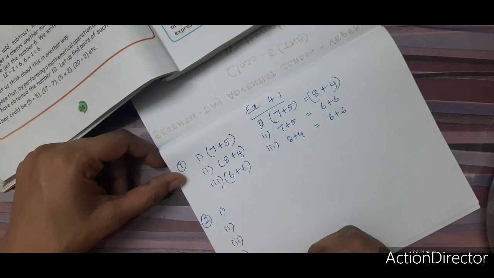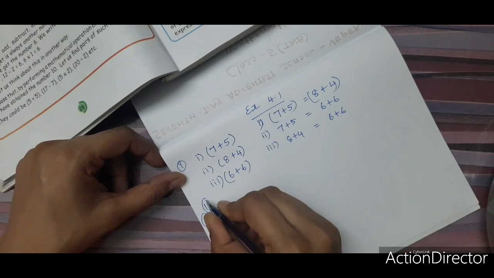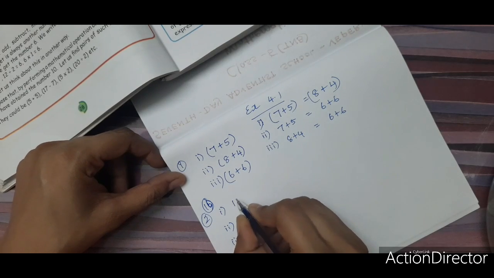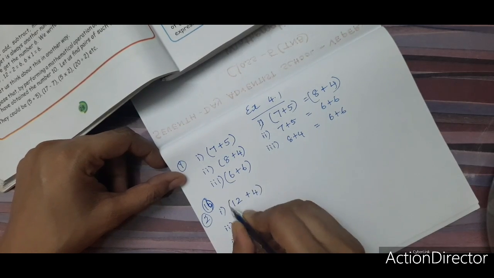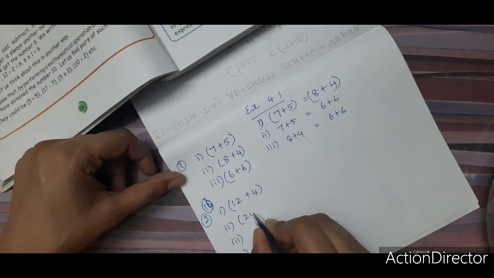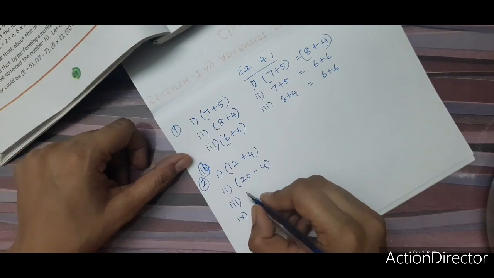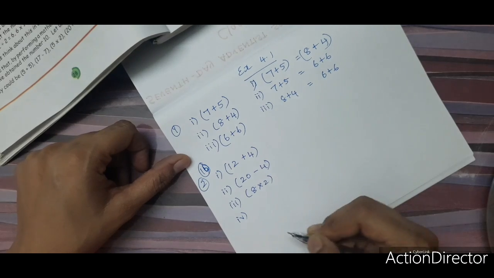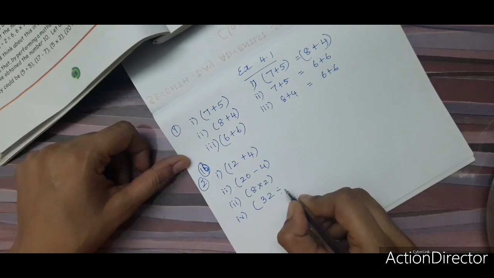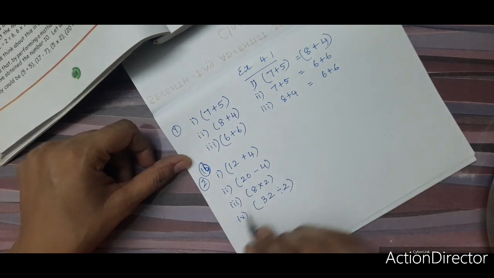So 4 pairs we are going to write. 4 pairs. So first pair answer should be what? நமக்கு answer என்ன கிடைக்கணும்? 16 வரணும். Okay, 16 we should get. So first addition க்கு, 12 plus 4. 12 plus 4 is 16. So addition க்கு முடிஞ்சாச்சு. Next subtraction. Subtraction is 20 minus 4. Then after that multiplication 8 into 2. Then division 32 divided by 2. So addition க்கு, subtraction க்கு, multiplication க்கு, division க்கு we have found out the pairs.